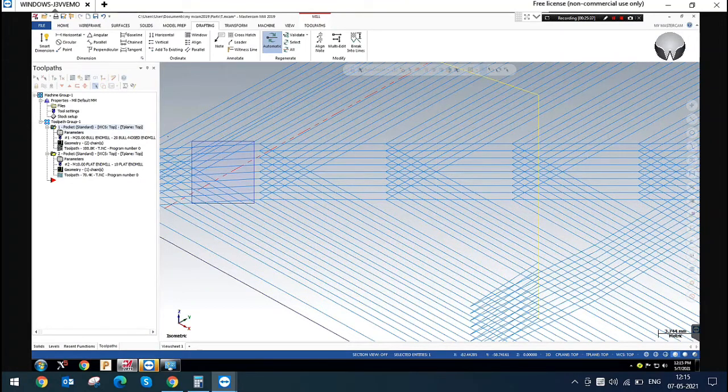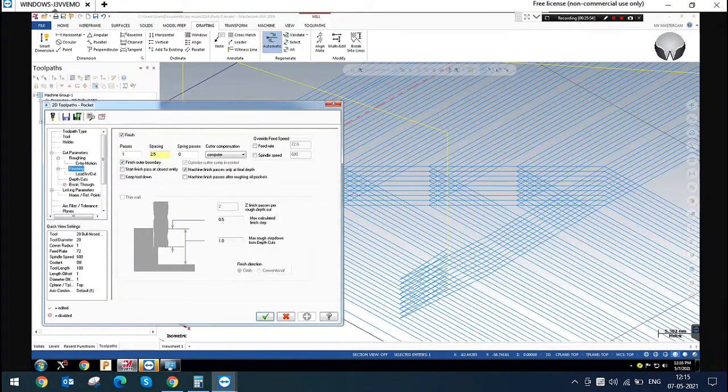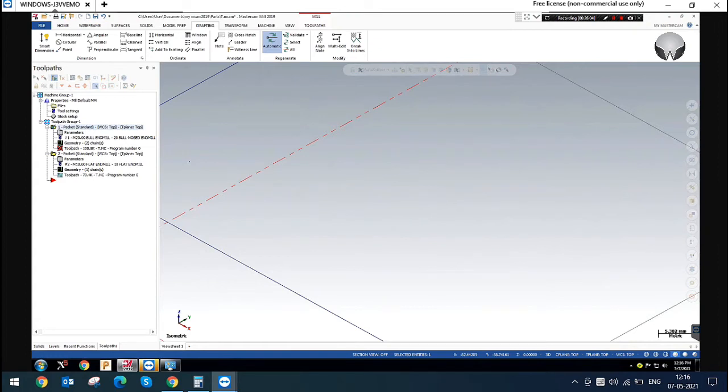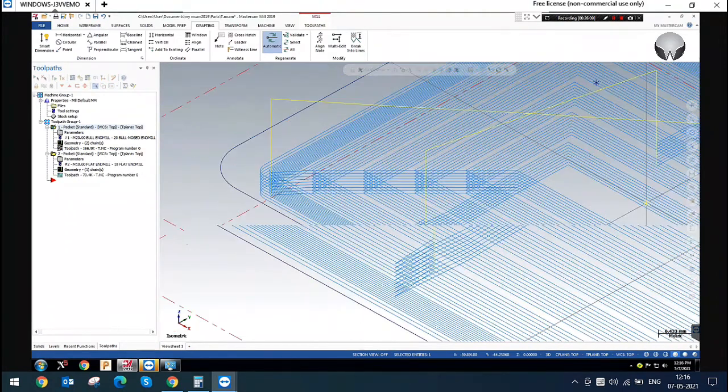In case you want it at all depths, you can simply disable that. Machine finish passes only at final depth; I am disabling this. Every depth the finish passes will come.